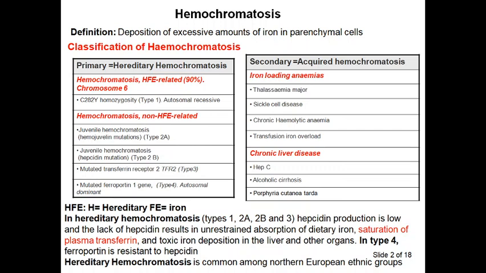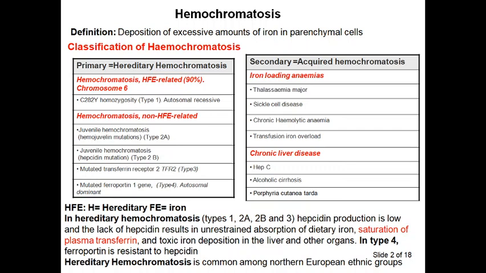And if we go back to the primary or hereditary hemochromatosis, we'll find that it is due to mutation of certain genes, and these genes produce proteins which regulate the level of hepcidin. What are these proteins? It could be HFE related proteins, and the gene of HFE protein is located on chromosome 6. When such gene is mutated, the protein will